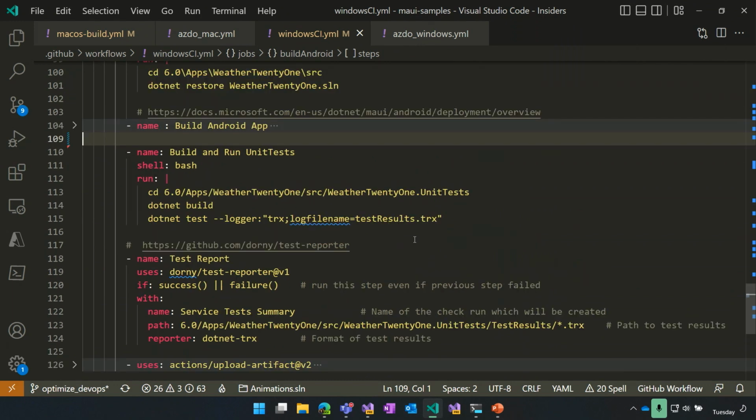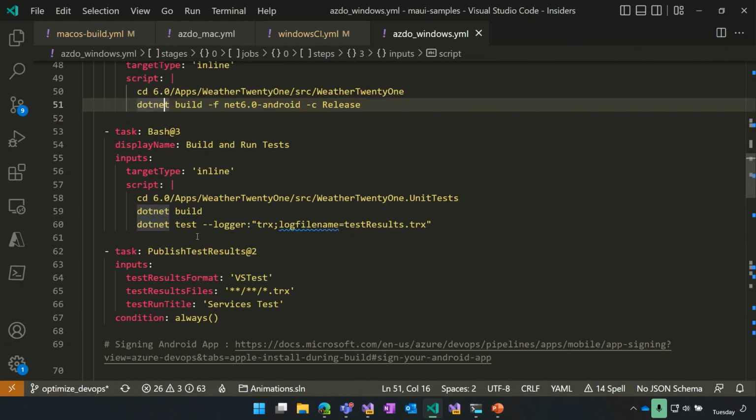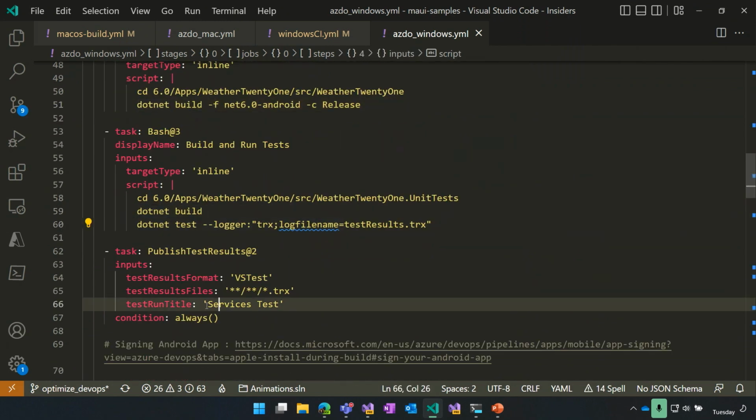It's the same. Like I said, the .NET CLI tool is amazing. It's super powerful, so you're not having to learn different syntaxes, different tooling, nothing. It's literally the exact same task setup. Looking over here, .NET build, so we run the .NET tests and we publish the test results. Same thing. So these are the updates we would make.